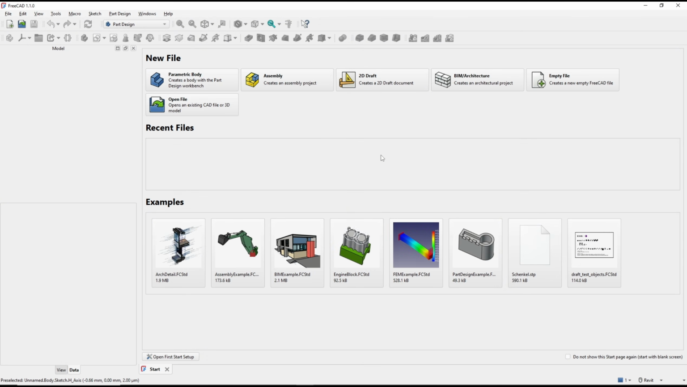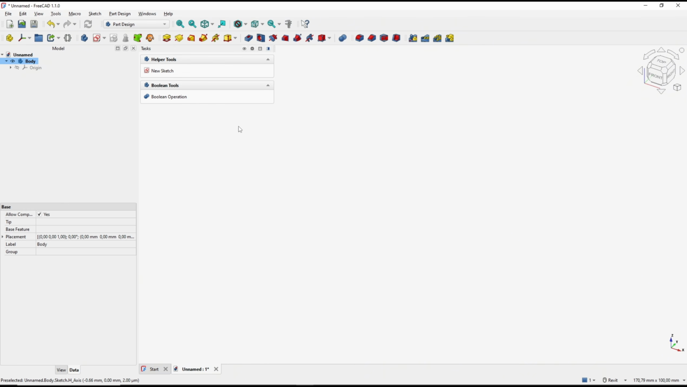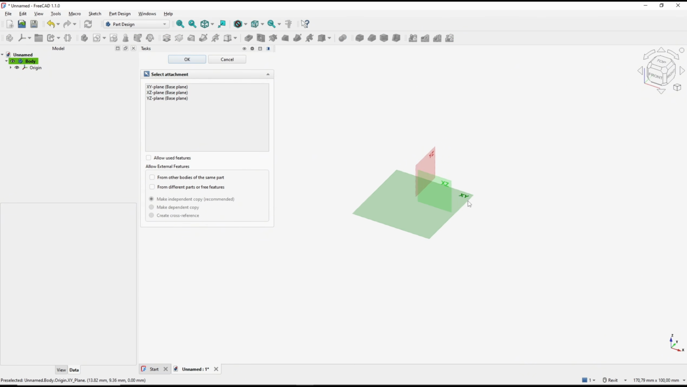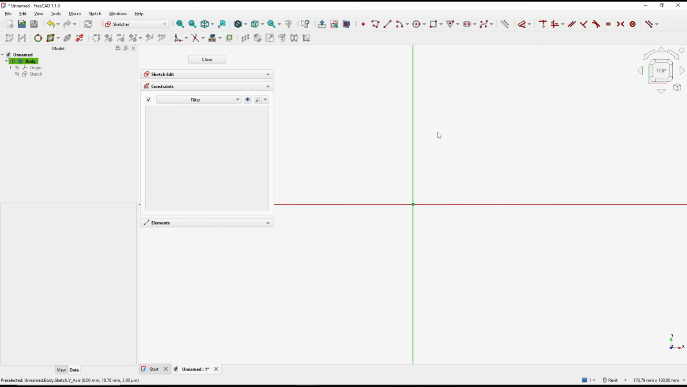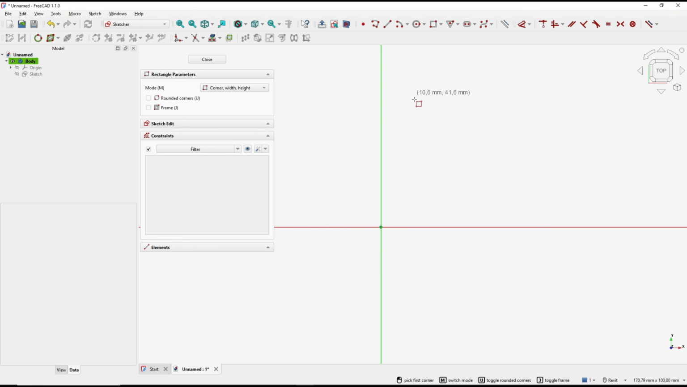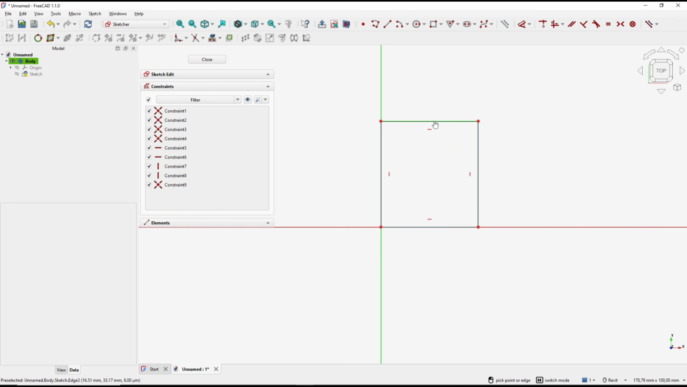Hello everyone, today we are going to learn basic FreeCAD 1.1: how to move a sketch. You can go to Part Design body, click new sketch, and I will choose the top plane. As an example, you can draw a rectangle from this point and then set the dimension size to the